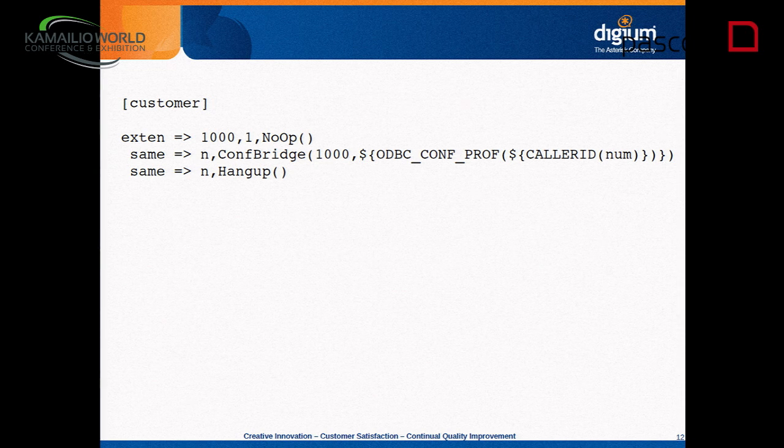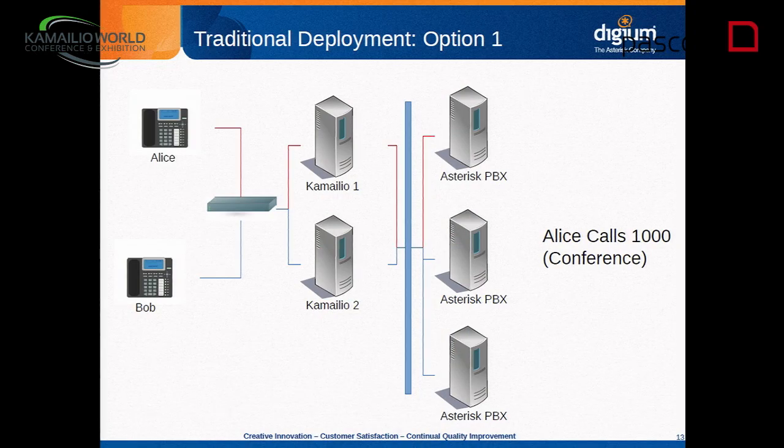I picked caller ID here. That's probably a terrible idea, but you can use something to go query down the database to actually get the user profile for that particular customer. And that's nice. That makes my problem a little bit less bad. So maybe I've done some very good dial plan configuration here, and I'm using func_odbc now to pull that information out. So my Asterisk instances are a little bit easier to manipulate and control.